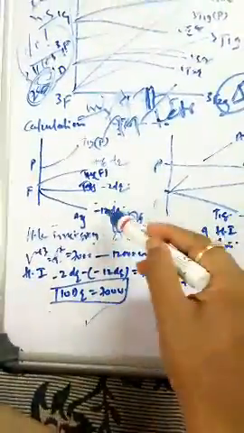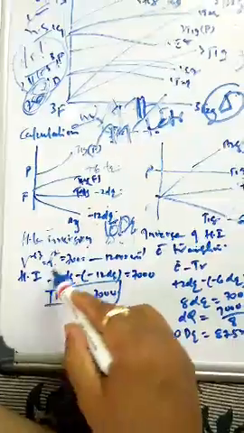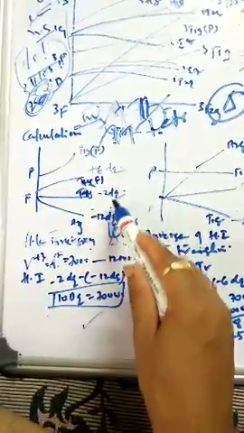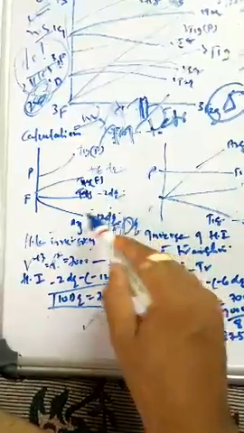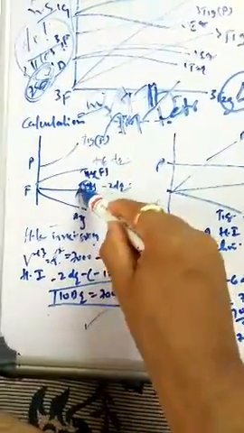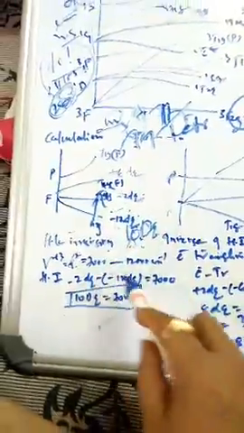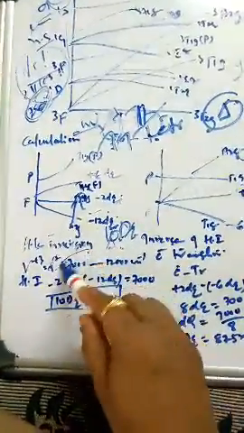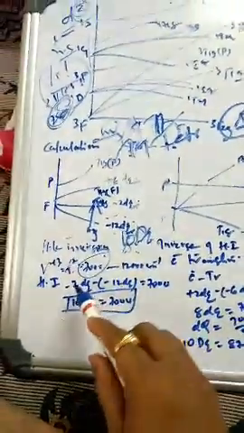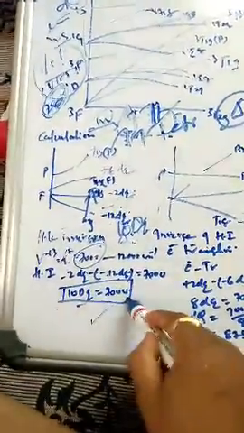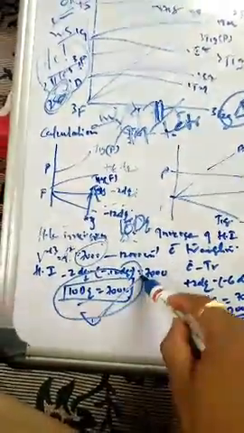For hole inversion, you can see here minus 2 Dq, because this is the first transition, minus 2 Dq minus of minus 12 Dq is equal to the first transition, 7,000. So minus 2 Dq minus of minus is plus 12 Dq, that becomes 10 Dq equals 7,000. We got the 10 Dq value as 7,000 via hole inversion.